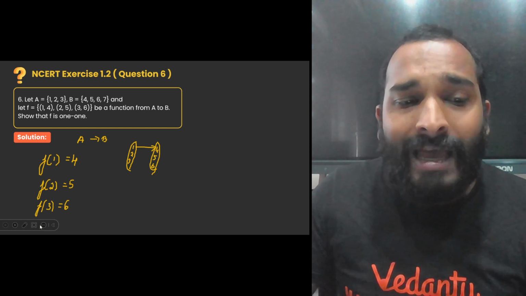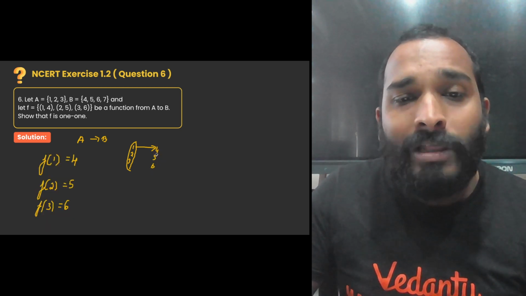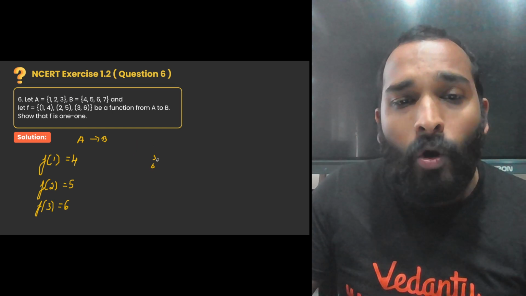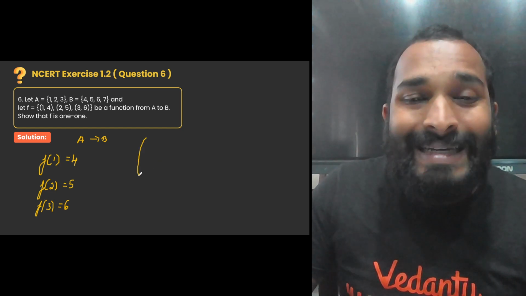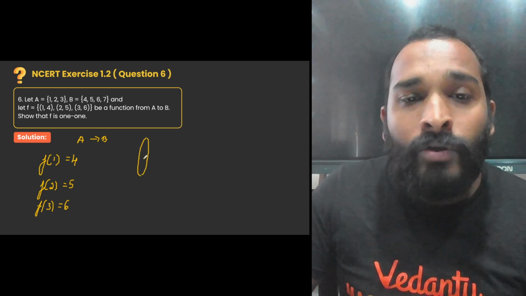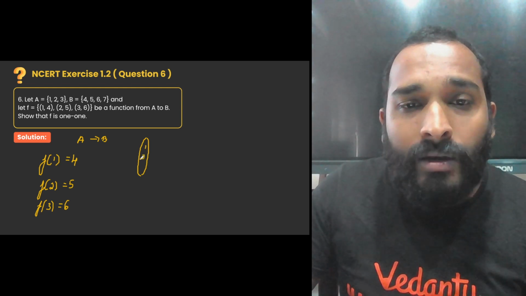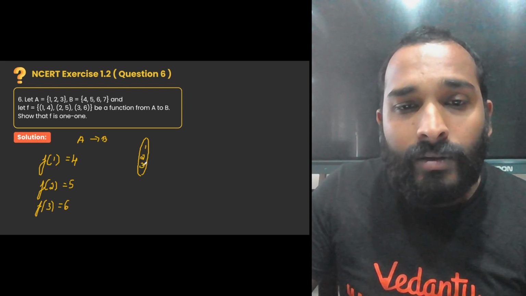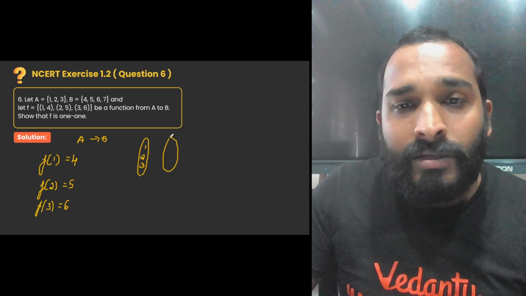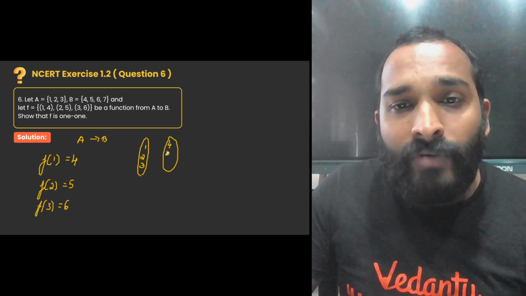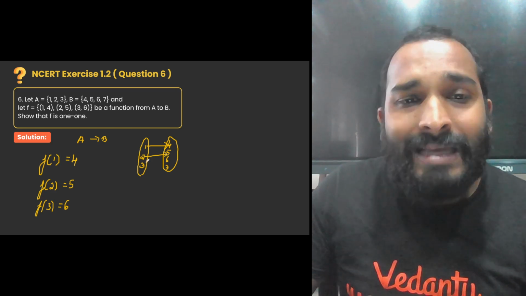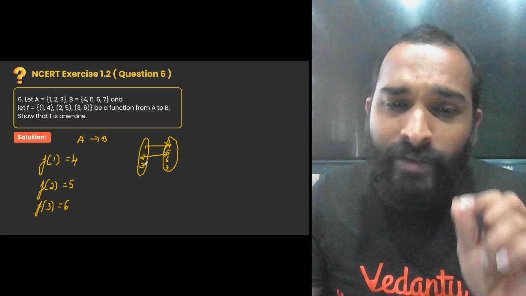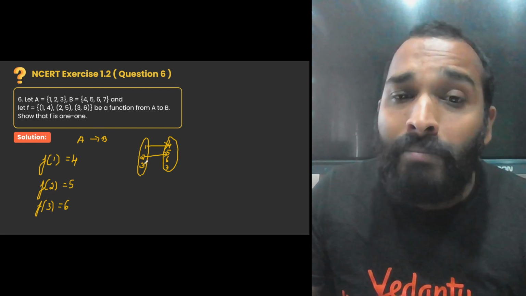And all the elements in the domain are mapped to elements in the codomain. Yes or no, children? Every element in the domain is mapped to a distinct element in the codomain. Yes or no? You can see we have the elements 1, 2 and 3 in the domain, and we have elements 4, 5, 6 and 7. So every element in the domain is mapped to at least one element in the codomain, or I can say every element is mapped and there is no element which is left unmapped in the domain.